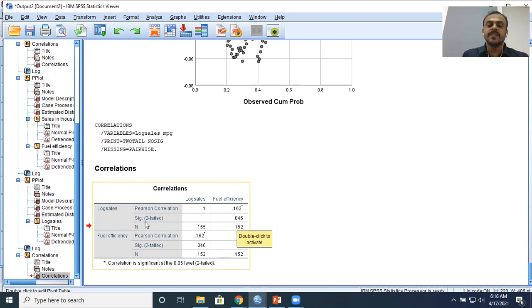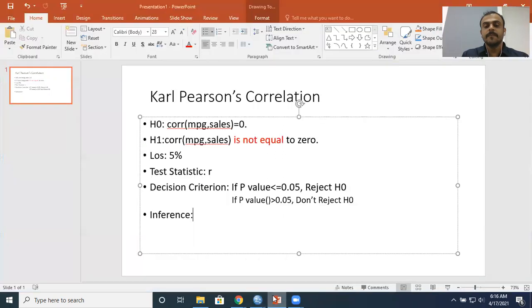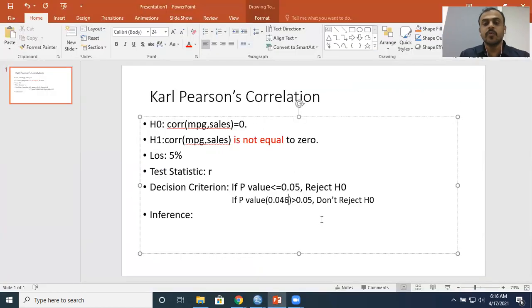The significance value is reported as 0.046. Very interesting. Let me just pick up this value of 0.046, which is my p-value, and go to my decision criteria. What is the p-value that I have obtained? 0.046, right? In our decision criteria, you have two cases. You have to compare the p-value with 0.05.